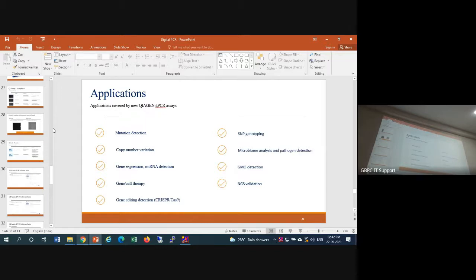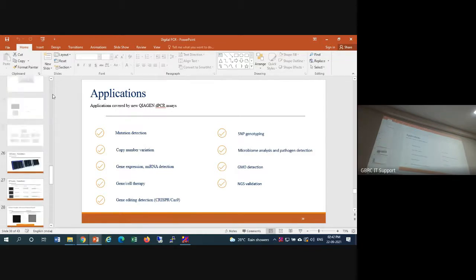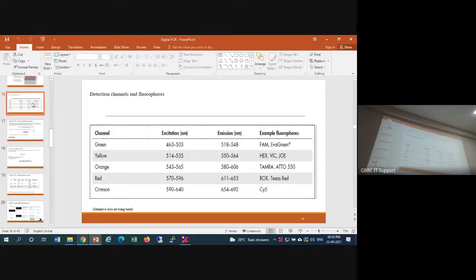Now, when I give it to the manufacturer to synthesize this probe, I will select the dye that will help me in multiplexing. Let's say this 5 channel filter we have. So for my dengue probe, whatever I am designing, I am attaching FAM as a fluorophore. So that will give me fluorescence in this channel. For chikungunya, I will select any dye. This is the representative dye, but you can select any dye. There are a number of dyes which can lie between this.